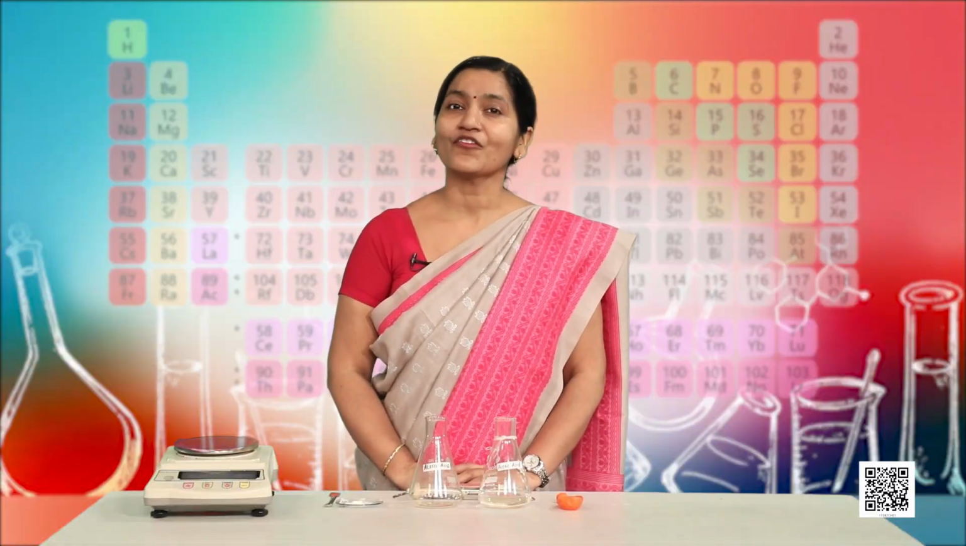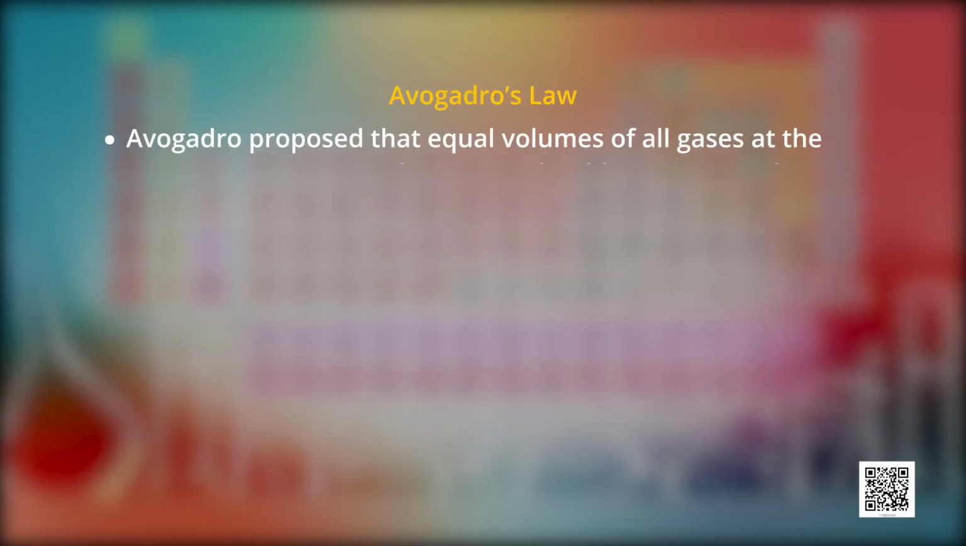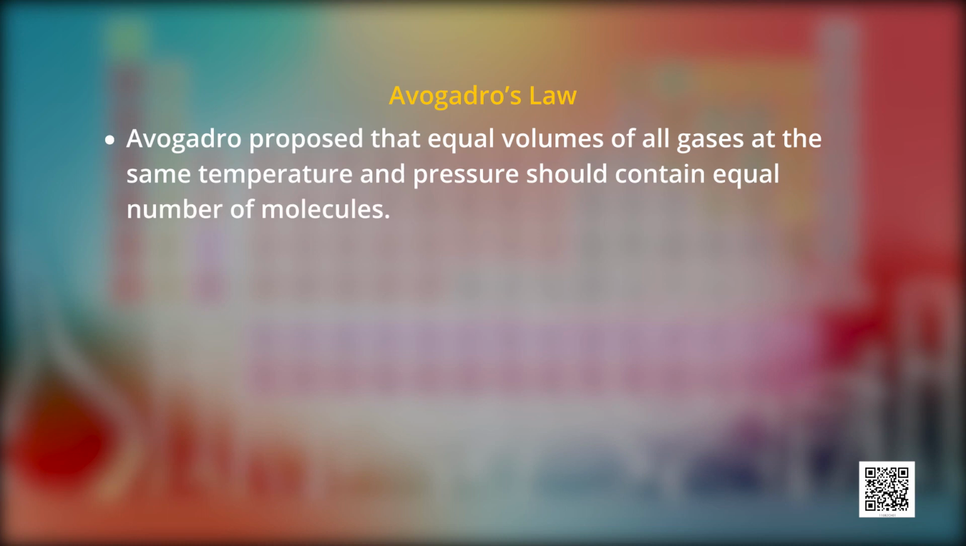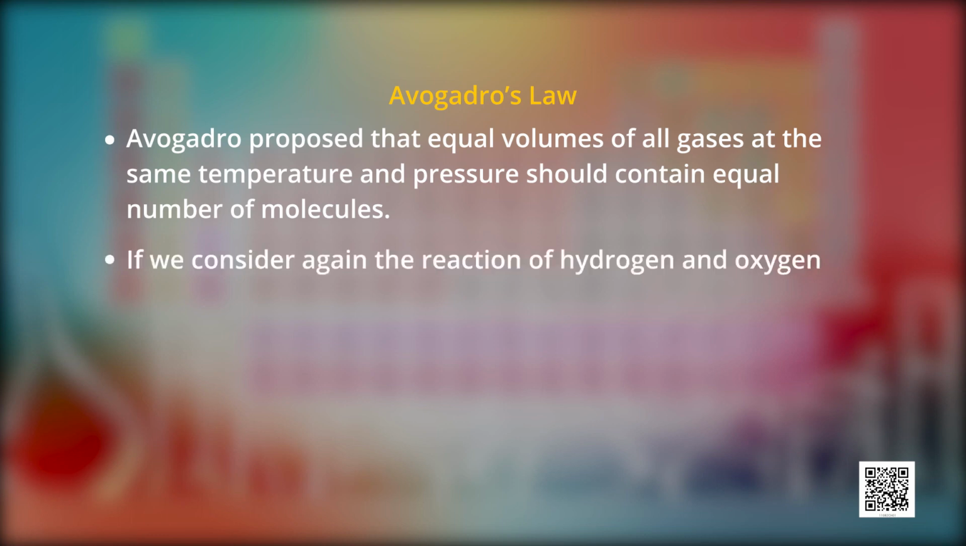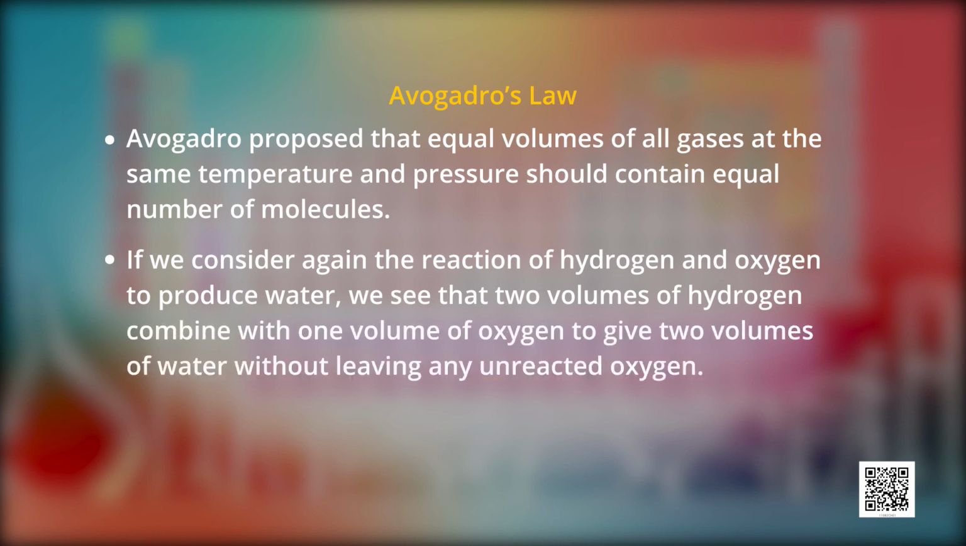Friends, another law of chemical combination in which we will see a relation between volume of gas and number of molecules is Avogadro's law. According to this, equal volumes of all gases at the same temperature and pressure should contain equal number of molecules. If we consider again the same reaction, H2 plus O2 gives H2O, we see that 2 volumes of hydrogen combined with 1 volume of oxygen to give 2 volumes of water